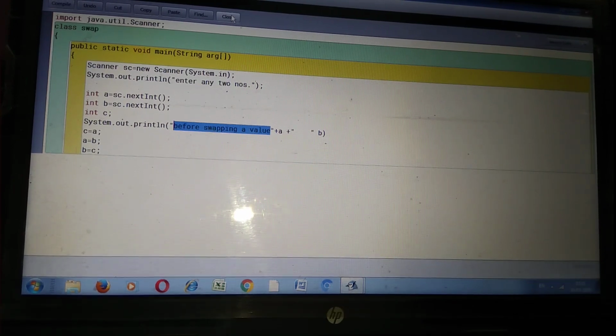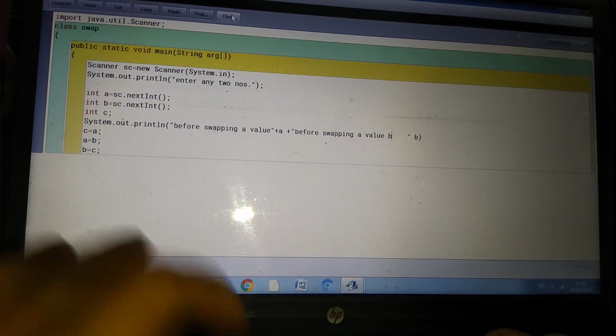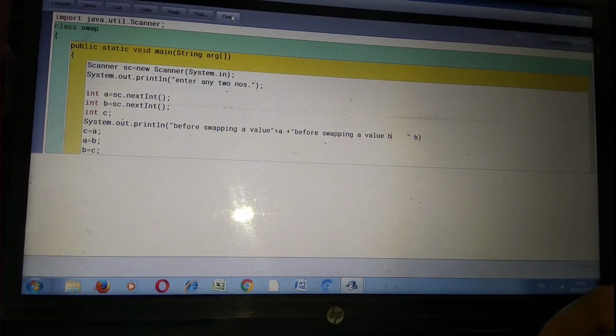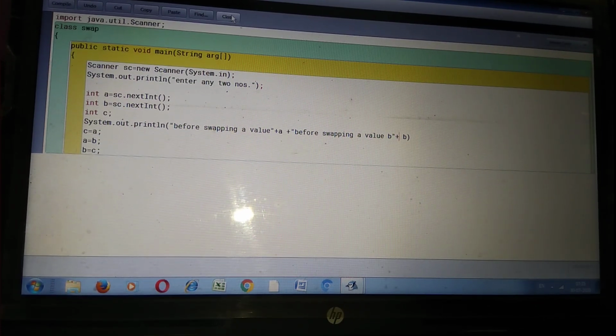Copy this and the same message here: before swapping b value is, plus b. Okay, after this, semicolon.